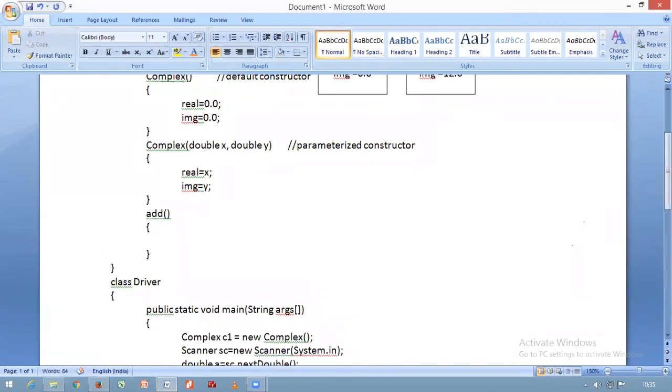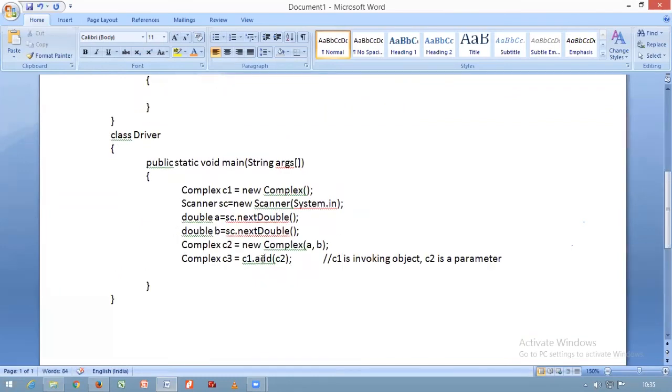Now you tell me whether you are passing any parameters while calling the add method. How many parameters are you passing while calling the add method?